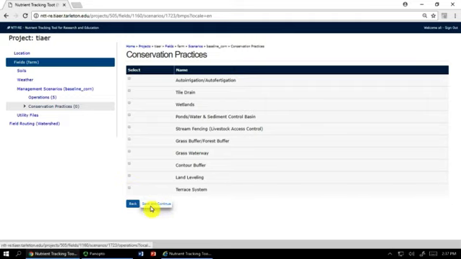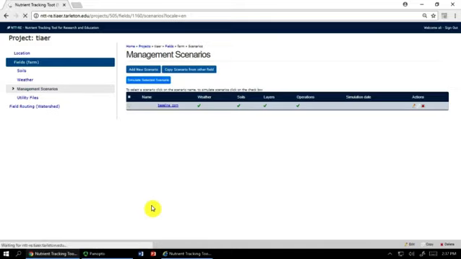So after you're done with it, save and continue. So you are ready to simulate now. You have scenario 1, which is your baseline. So we can go ahead and create scenario B and C and so on. So let's just go ahead and create another scenario. If I want to add another scenario, I say add new scenario,